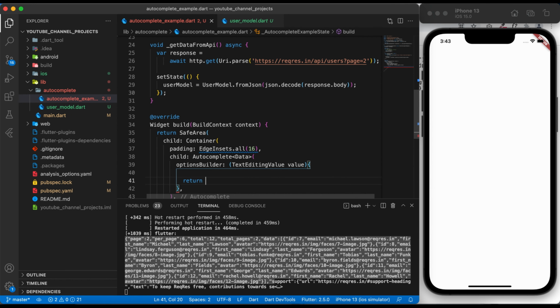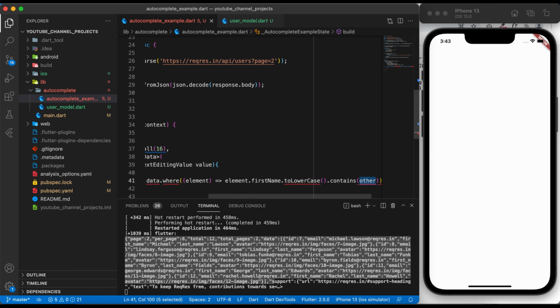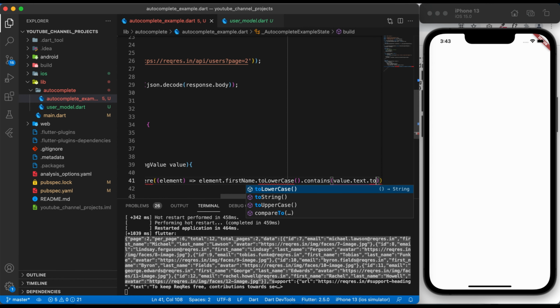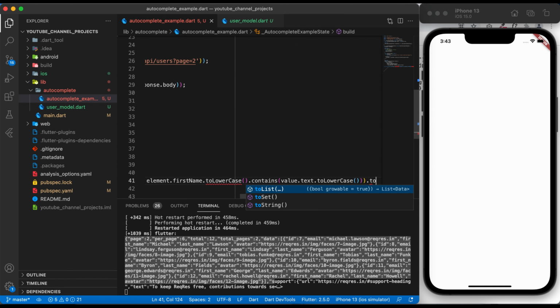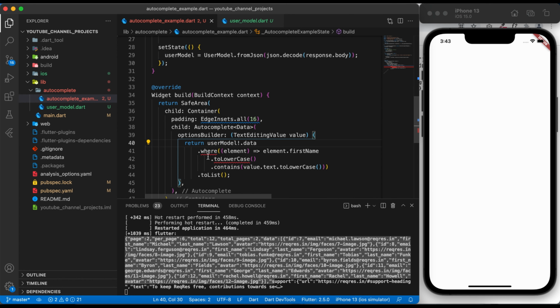Now here we will return userModel.data.where((element) => element.firstName.toLowerCase().contains(value.text.toLowerCase())).toList(). Let me add null checks here to avoid the null safety error.